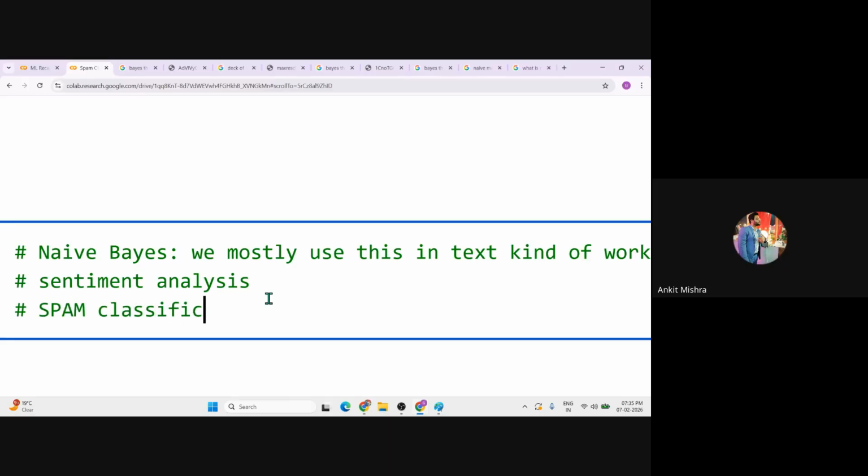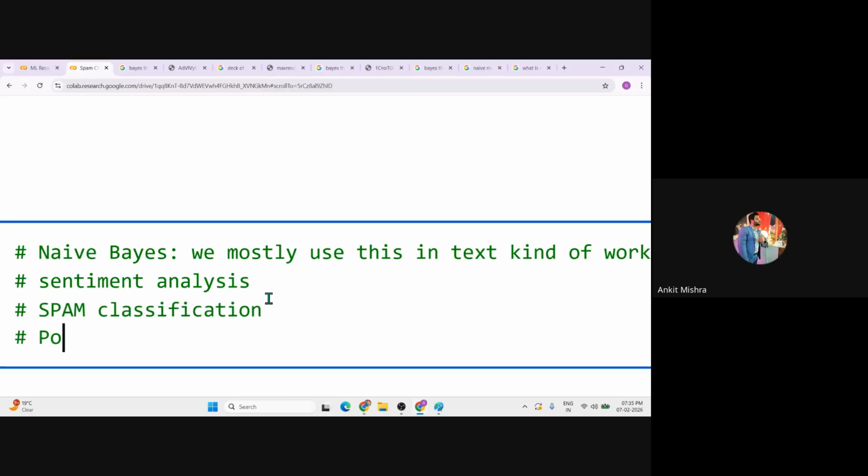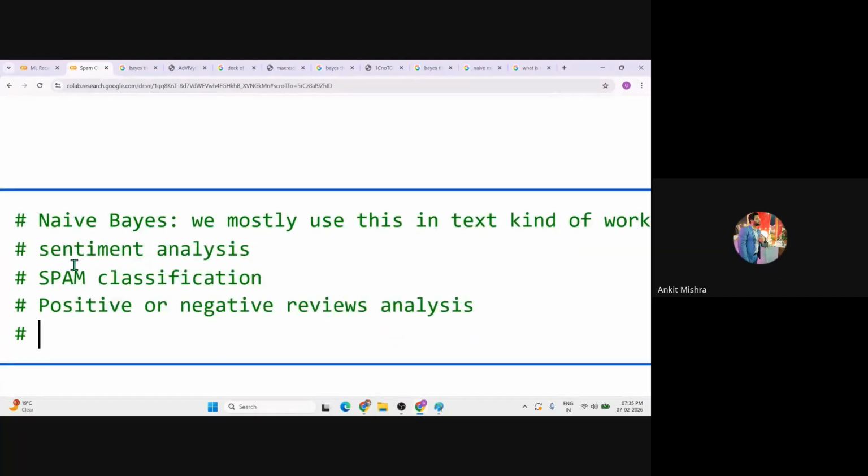Spam classification, positive or negative review analysis, right? And sentiment is whether a given tweet on Twitter or on X is a positive tweet or a negative tweet. You have to check the sentiment, like movie sentiment, whether the followers or customers are going to watch this movie or web series. All these are sentiment, right?